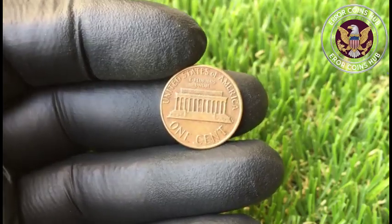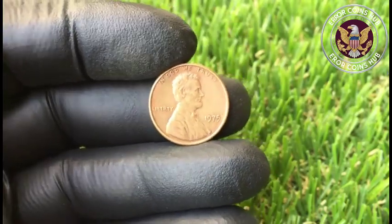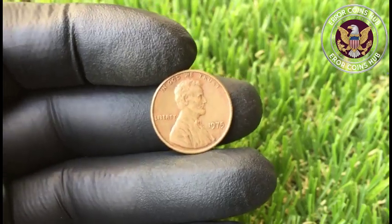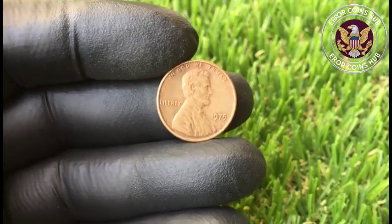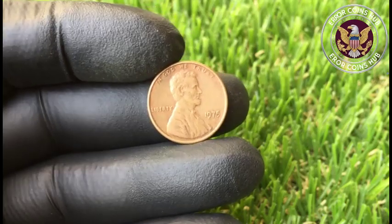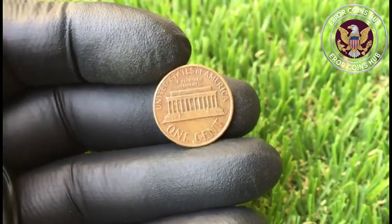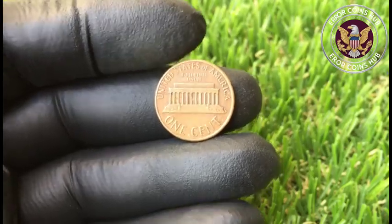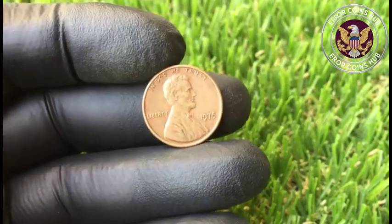If you just take the time to look, don't let another day go by without examining your pennies more carefully. Learn what to look for. Invest in a good magnifying glass. Join online coin collecting communities where you can ask questions and share findings. And most importantly, never assume that something is worthless just because it seems common. Because in the world of error coins, what appears ordinary on the surface might be extraordinary when you know what you're looking at. The treasure hunt starts right now in your own home with your own coins, and who knows,